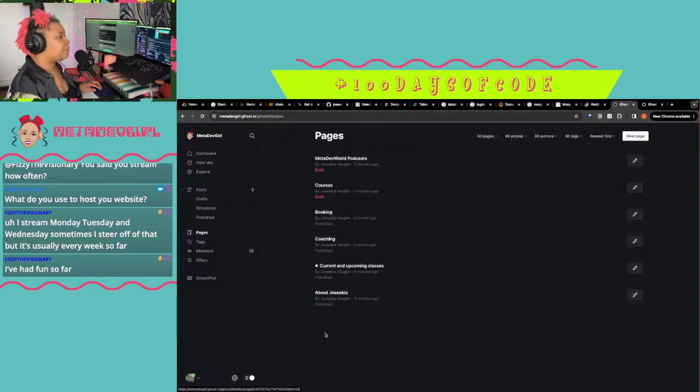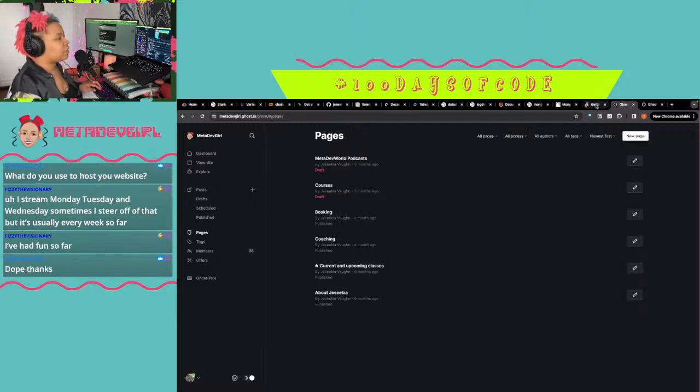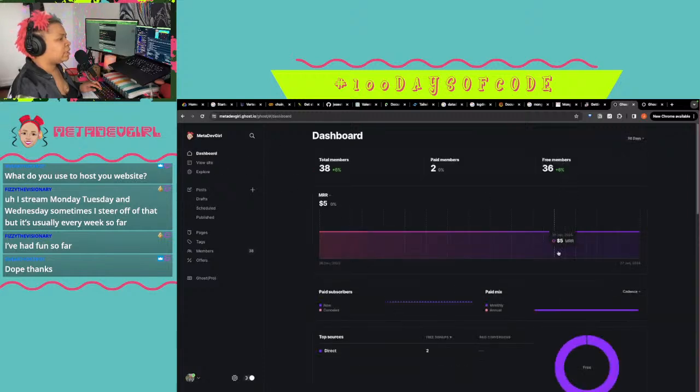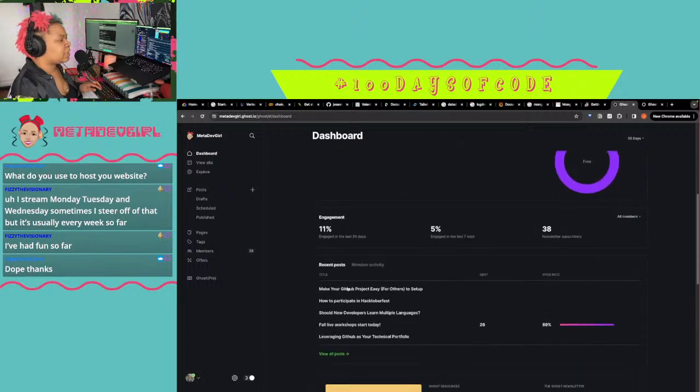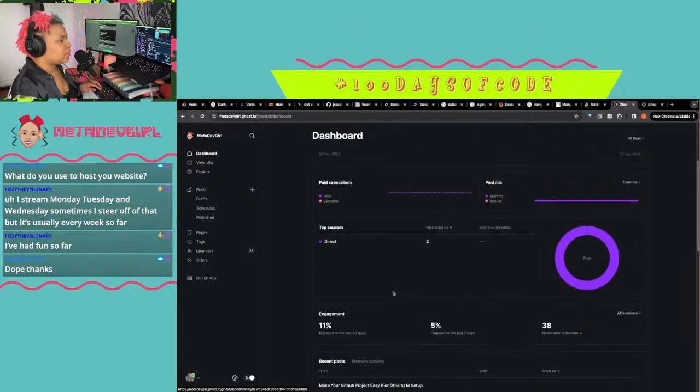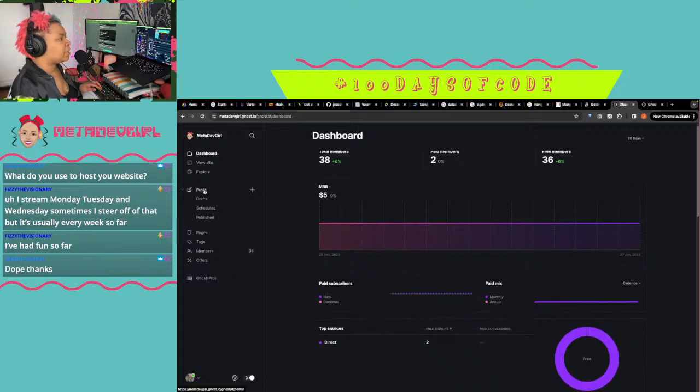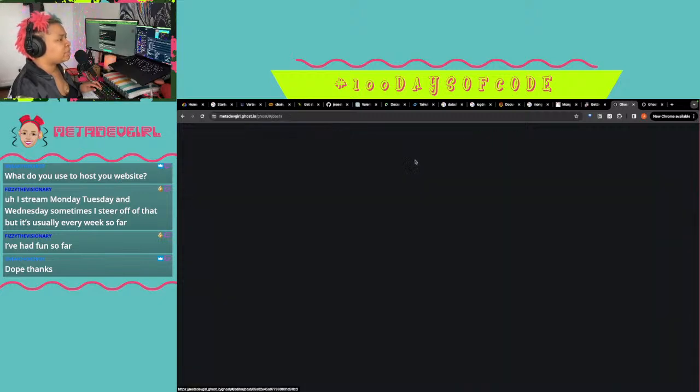Pages. You can make different pages, of course. Some of these pages really just point to different tags that I have set up. They have themes. They have their own open source themes, and then some other features there. And then some basic analytics. So this is what I like about it. It's everything that I wanted to be able to manage all in one.